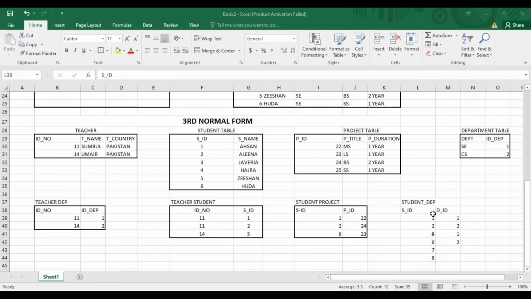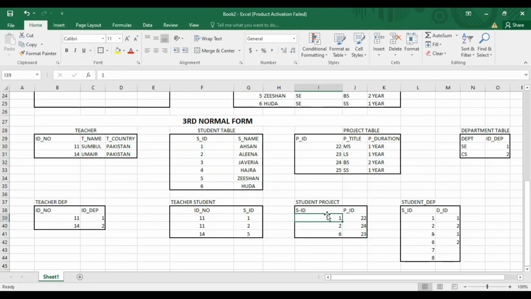Now we can recognize which student is which, and we can recognize the student's project, the student's teachers, and the student's department also. Now we know because of the relations, because we have assigned an ID. Now you can see student number 1, who is student number 1? SN. So it is referring to the student table, and this is referring to the project table.